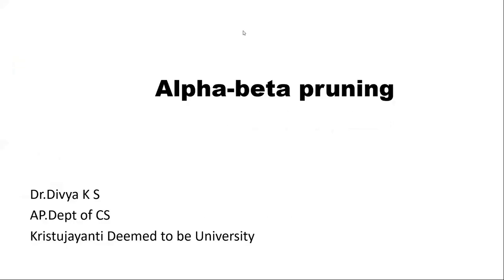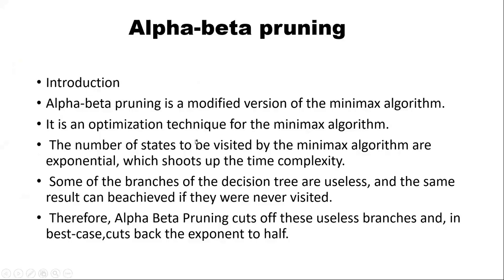Welcome back. Today we will see about alpha-beta pruning algorithm in AI. So this alpha-beta pruning is a modified version of Minimax algorithm. It's the same optimization technique as Minimax, but a little bit like the next version of